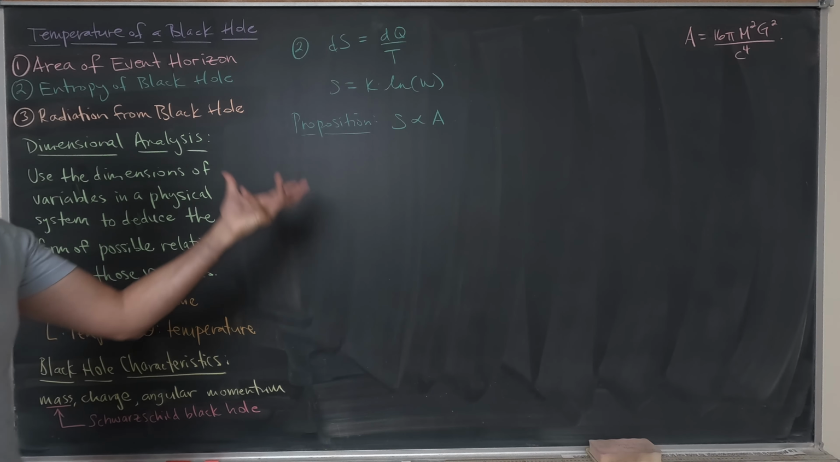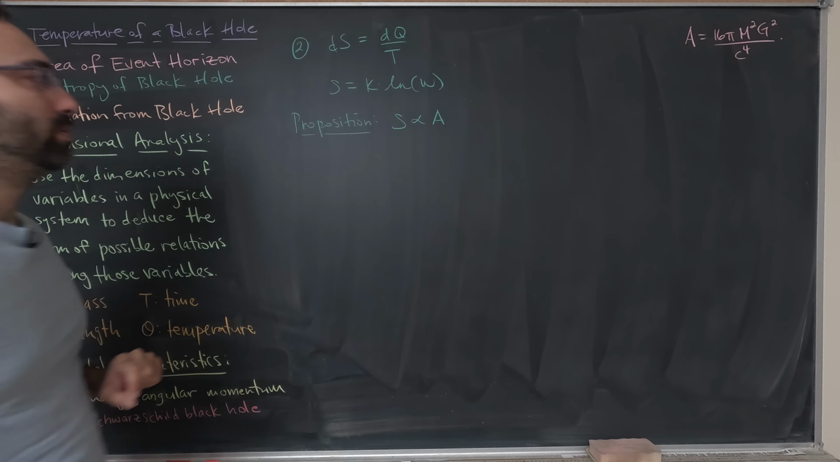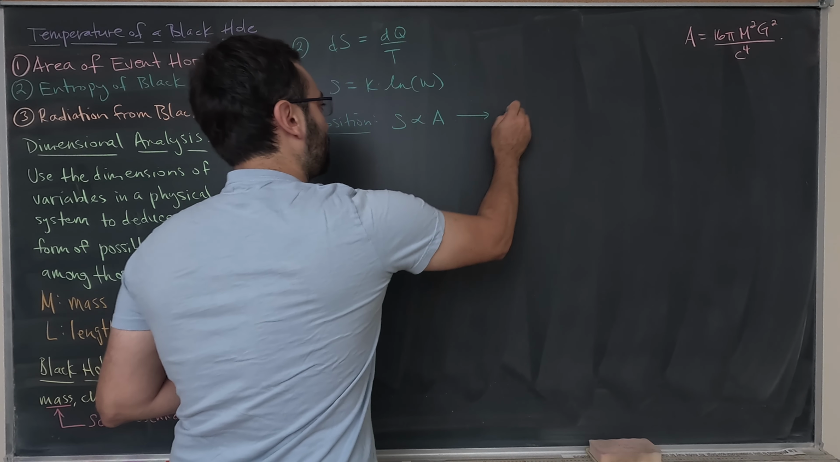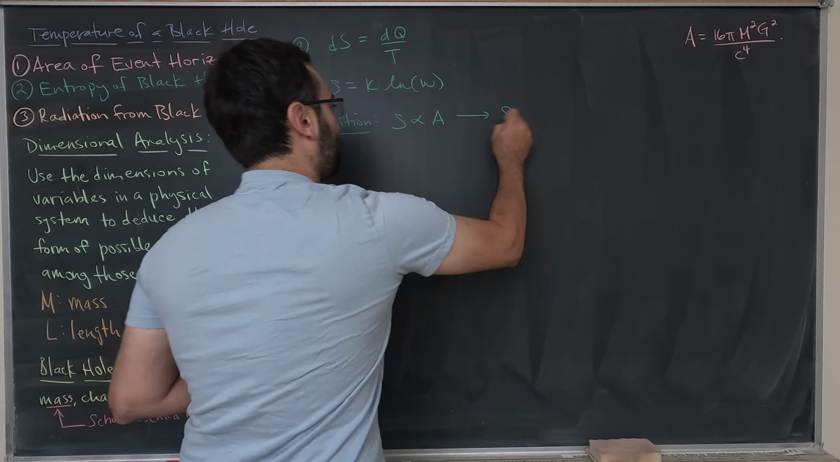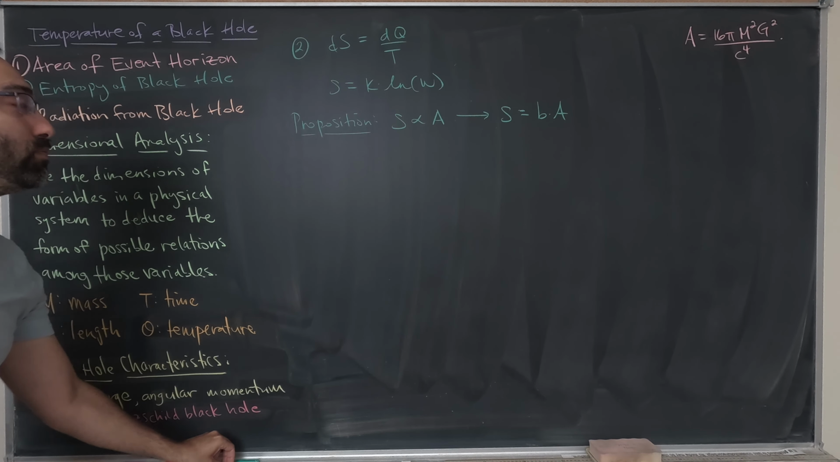Well, if the entropy of a black hole is proportional to its event horizon area, then we can say that the entropy equals some proportionality constant times A. But this proportionality constant B, well, how is it built up? From what quantities is it made? Well, first of all, if we look at